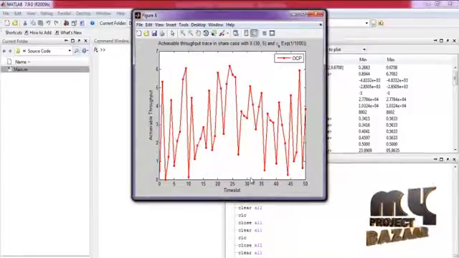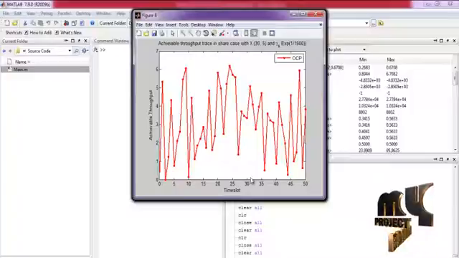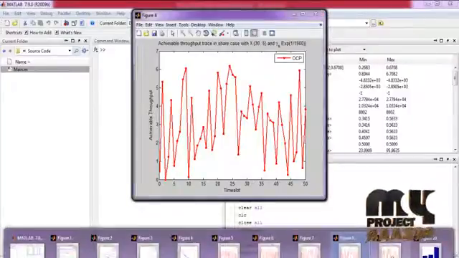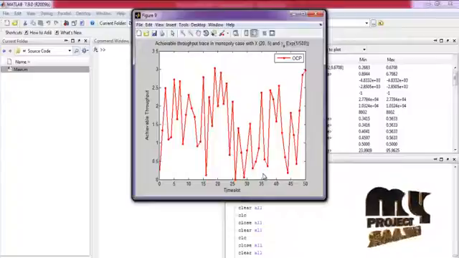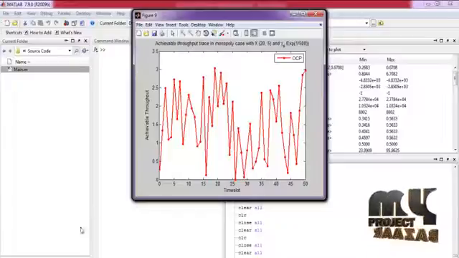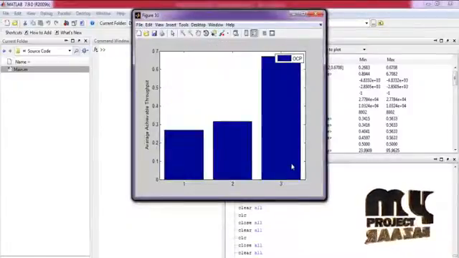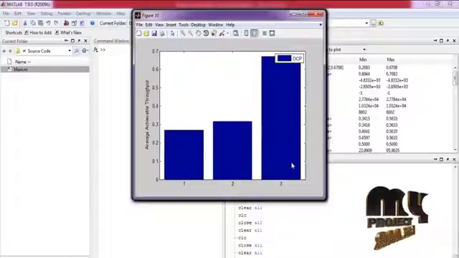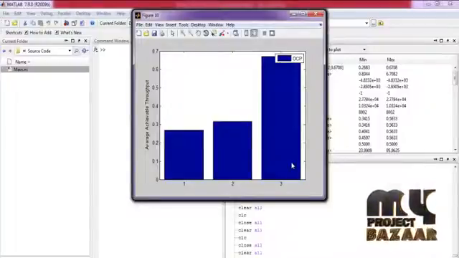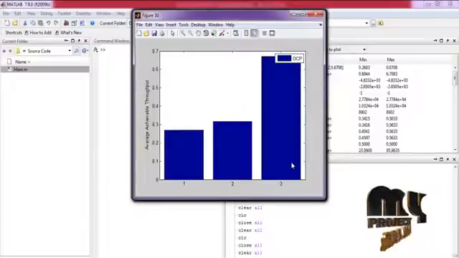This is also the achievable throughput graph by varying the different time slot. Here x equal to 30, 5 and gamma is equal to 1 by 1500. This is the achievable throughput by varying the various time slot. X equal to 20, 5. This is the bar graph for our average achievable throughput for our OCP protocol. Finally, we obtain the optimal cooperation protocol for both primary user and secondary user. Thank you.